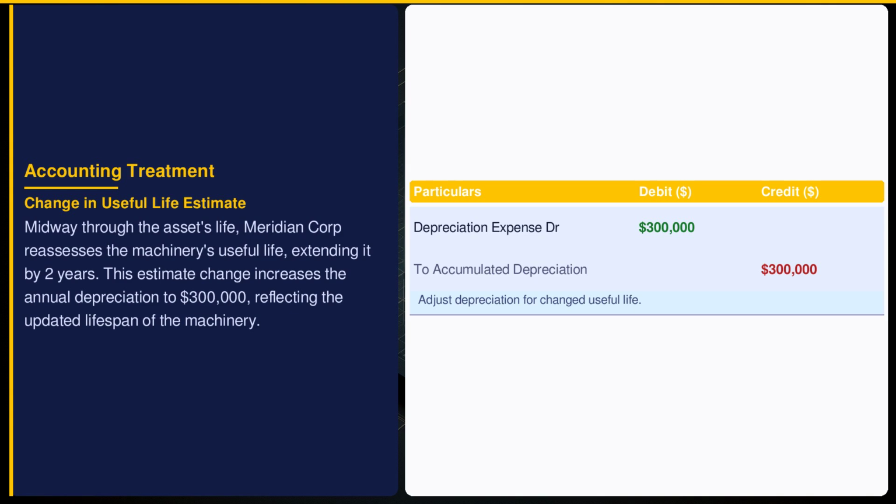Revising the useful life of an asset affects future depreciation expenses. ASC 250 requires changes in accounting estimates to be accounted for prospectively. For Meridian Corporation, this adjustment acknowledges improved efficiency or maintenance, thus extending the machinery's productive life, impacting current and future